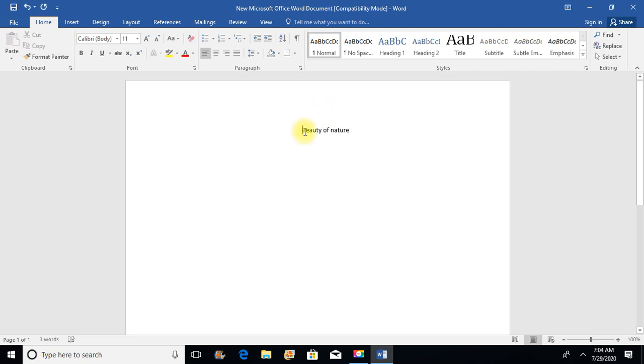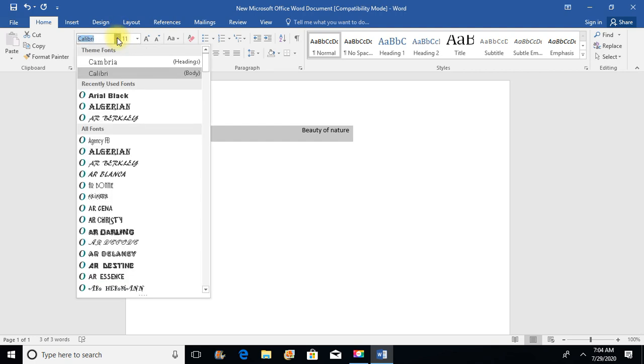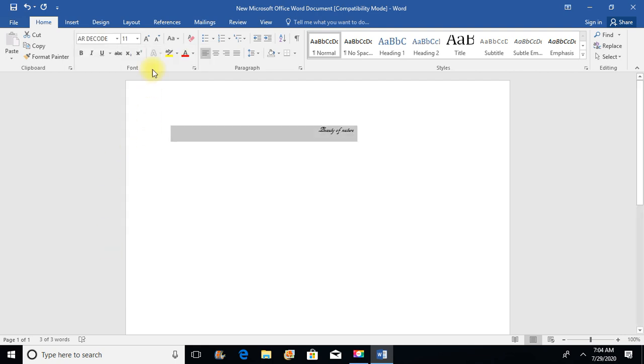Now select the text, then click on the font. In this you can see a number of options. You can see the preview here and select any one of them. Okay, now we can change the size.